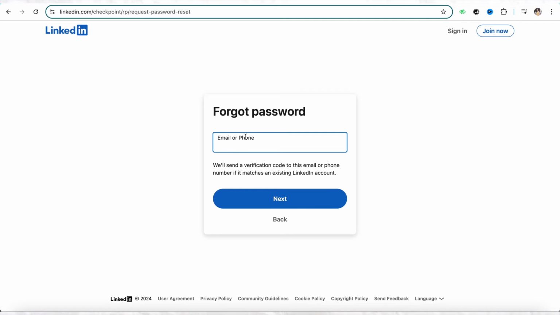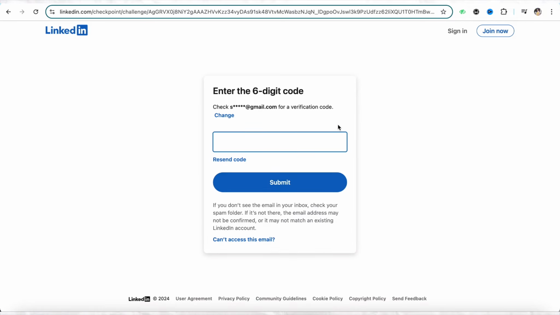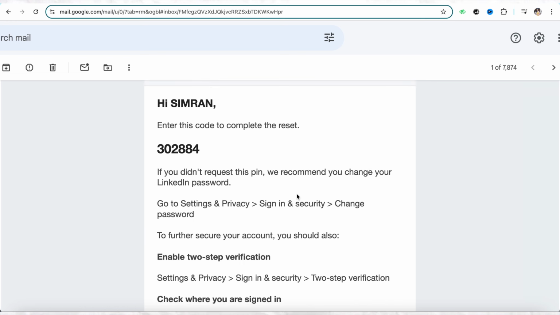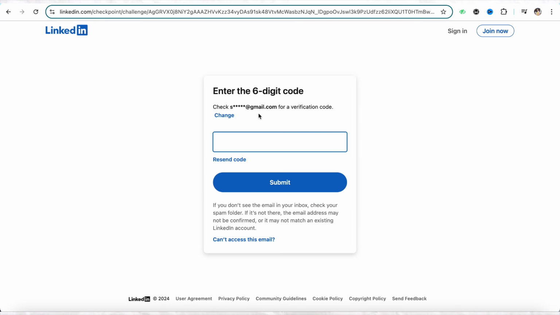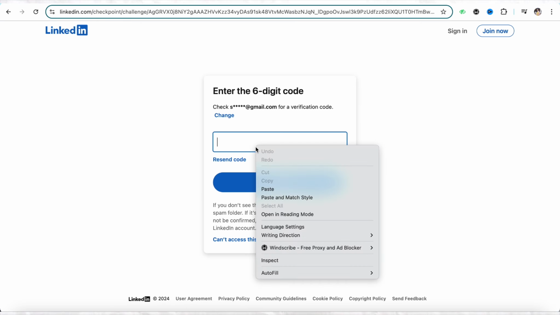I'm going to enter mine, and you can also enter your phone number if you have it, and click on next. A verification code will be sent to your email address that you have to copy and paste right here. So I'm going to open my Gmail account, and over here, as you can see, this is the verification code that has been sent by LinkedIn. Just copy this particular code right here and come back to the LinkedIn profile and paste it right there,